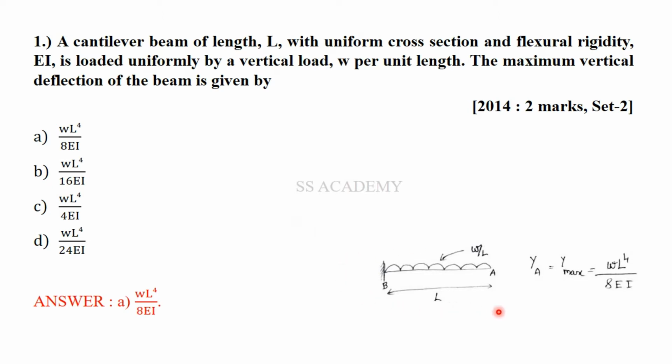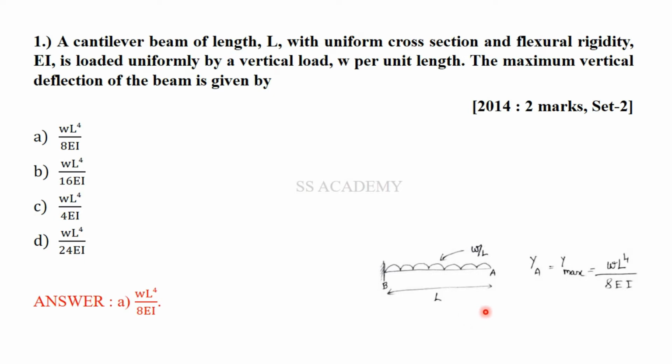And this condition is a particular condition which must be remembered. Similar to this, we have to remember a cantilever beam with a point load at the end, a cantilever beam with a moment at the free end, and a cantilever beam with uniformly varying load. Similar to this, you have to remember for a simply supported beam and for a fixed beam also. There are certain formulae which you must remember. Otherwise, it will be difficult to solve in other problems.